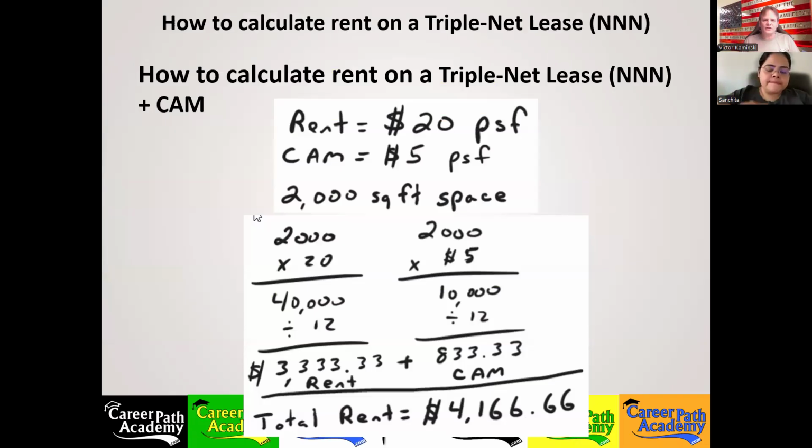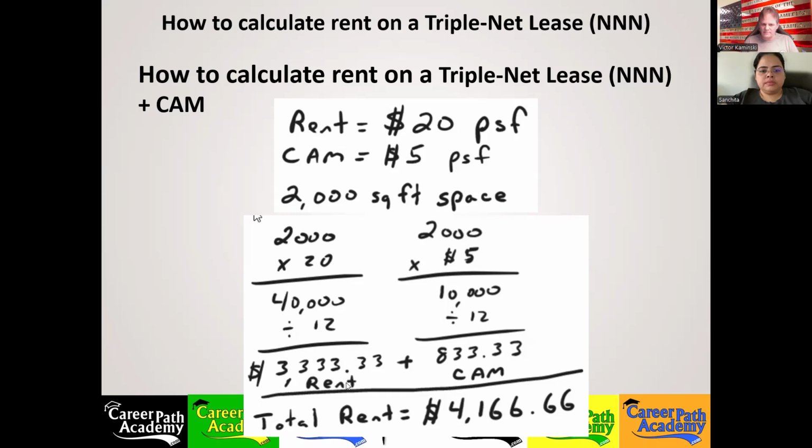So here's how you actually calculate the rents on a triple net lease. If you're quoted $20 per square foot and you ask them and they tell you that the CAM is estimated at about $5 a square foot, calculate them separately, because CAM charges are going to be the actual charges. First, we want to find out what our actual rent payment is going to be. So if we're renting 2,000 square feet of space, take 2,000 times 20 dollars per square foot. That's $40,000, but that's not monthly. That's annually. So divided by 12,